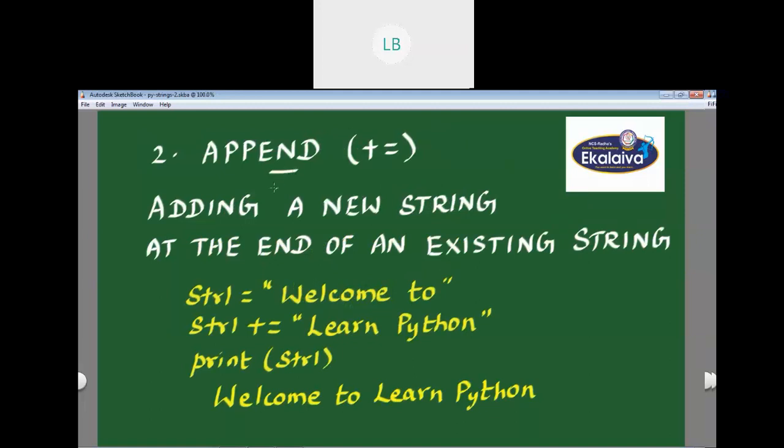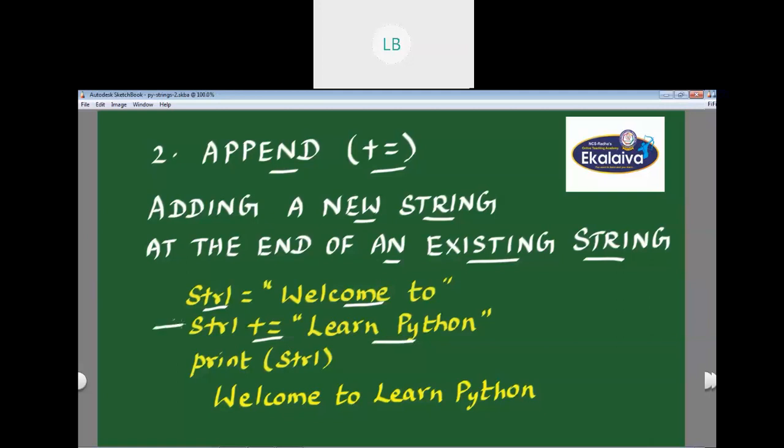Append operator. Plus equal to is the append operator. It is used for adding a new string at the end of an existing string. For example, in str1, welcome to is assigned. str1 plus equal to learn Python.